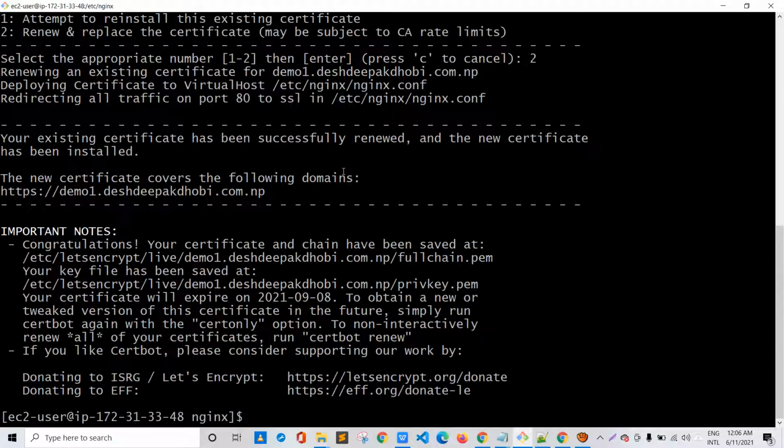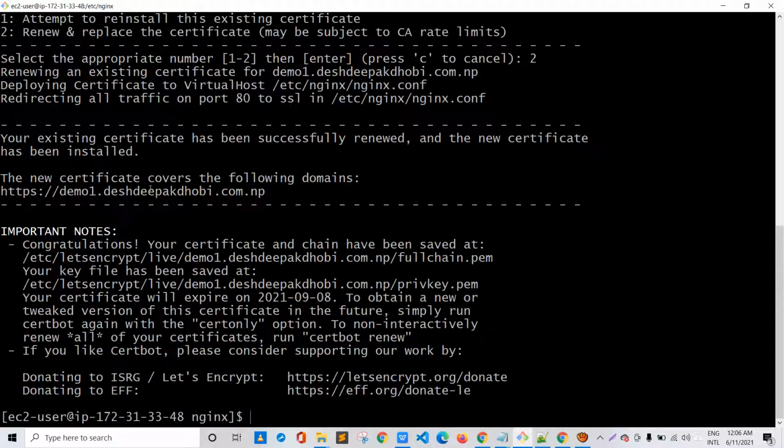You need to just hit specific commands for Amazon Linux 2, and you will be up and running in a few minutes with an SSL certificate configured. So I'll be pasting those commands, or a link to those commands, in the description section of this video, so you guys can look at that also.